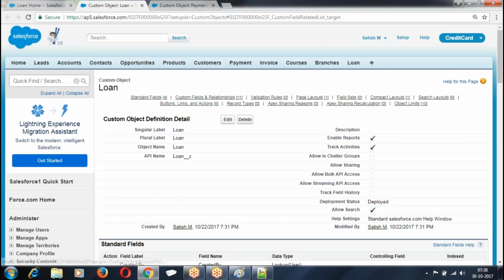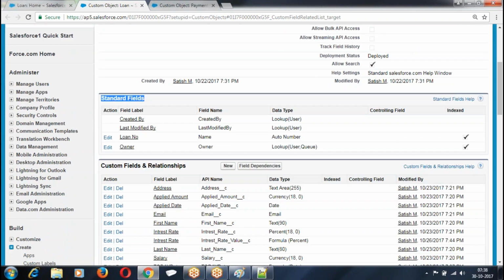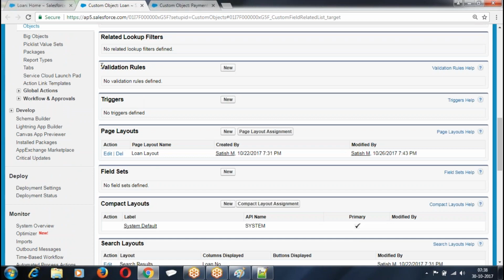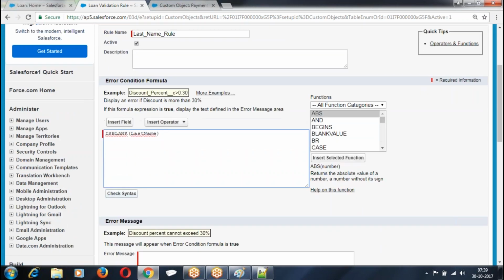Now what is it? Loan object, custom. Then we have standard fields, custom fields and relations. You scroll down, what will you find here? Validation. New validation rule. Define the rule: is blank of last name.